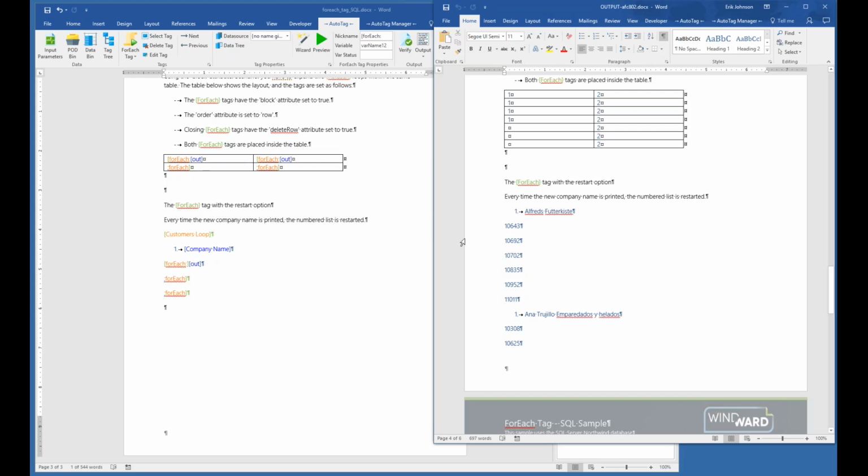So what's happening here in this example is AutoTag collects all the data in the customer loop and all the data within the inner ForEach loop, ties it together, and when it produces the output, the first thing that comes after the customer loop is this numbered list and company name. Then what does it do? It goes on to the next line,